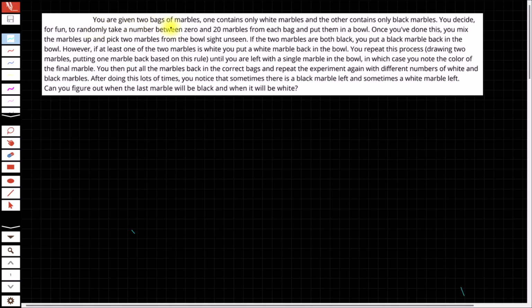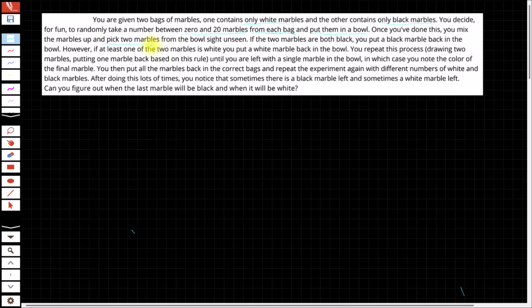So you're given 2 bags of marbles. One contains only white marbles. And sometimes, if we can, highlighting or underlining key points is also good as well. So one contains only white marbles and the other contains only black marbles. You decide for fun to randomly take a number between 0 and 20 marbles from each bag and put them in a bowl. Once you've done this, you mix the marbles up and pick 2 marbles